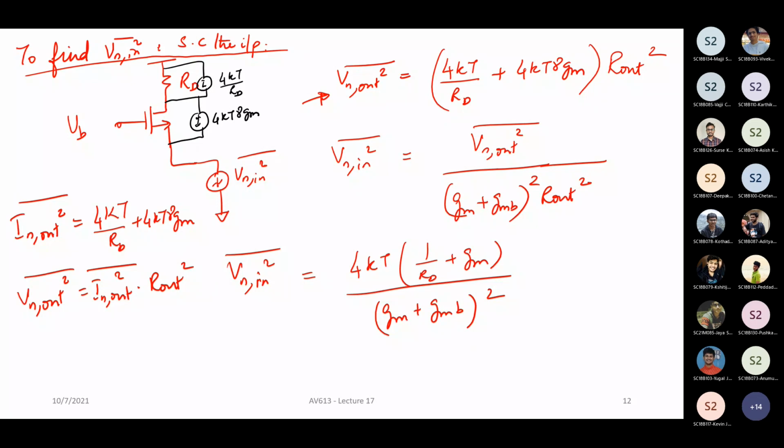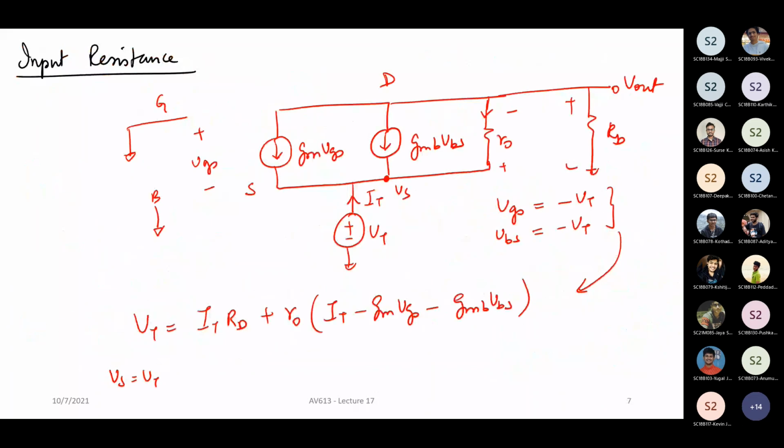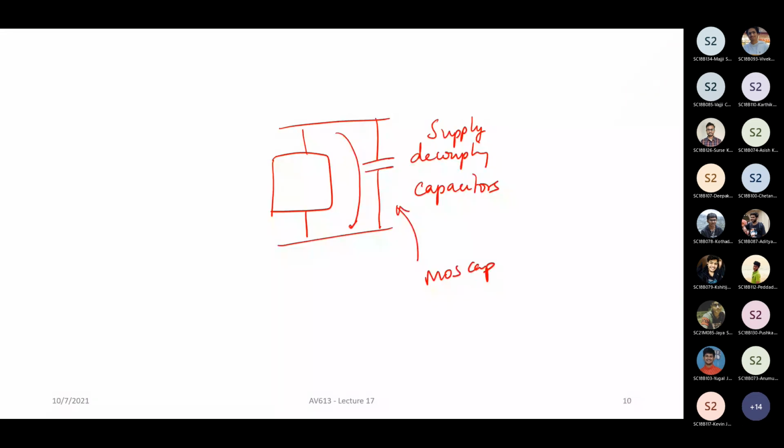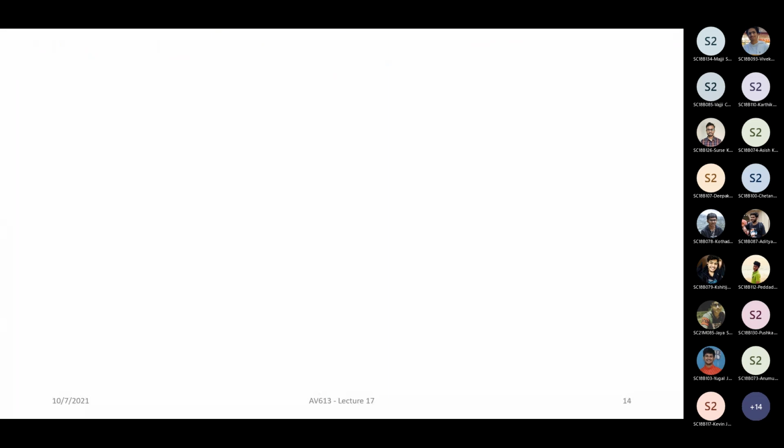And the gain: you have the output voltage, and we need to find the input voltage. How do you do that? It is basically by dividing by the gain squared. The gain is what? In the previous class, we derived the gain. We got it, right? You got it? Right. Okay. Fine. Yes. All right.